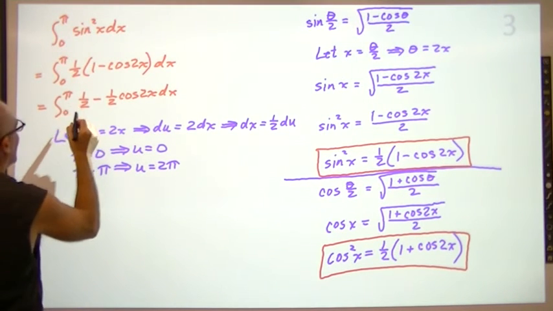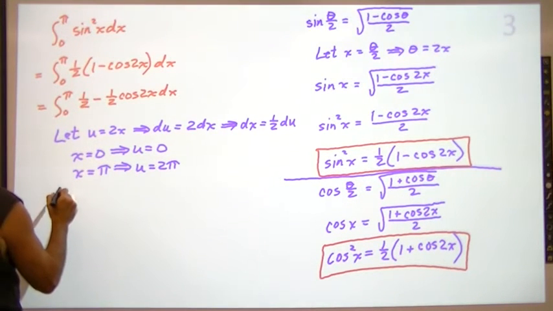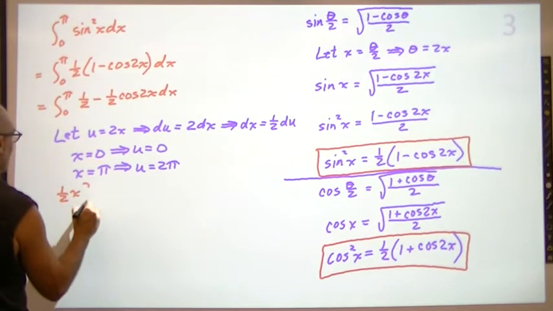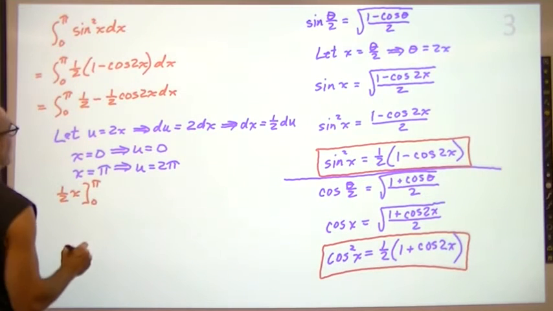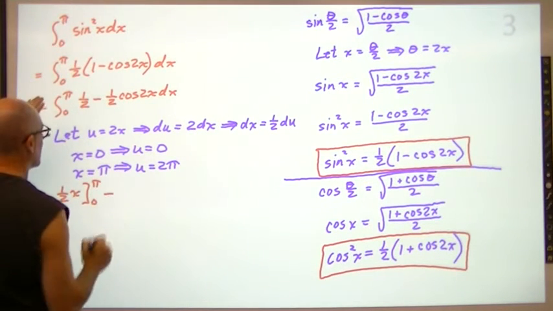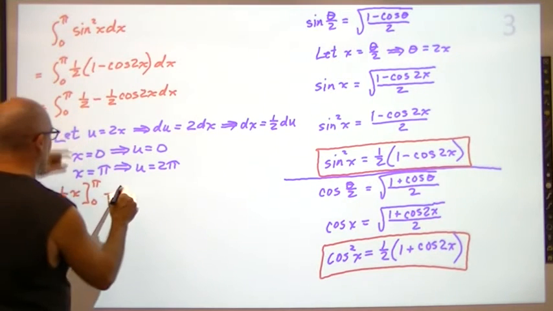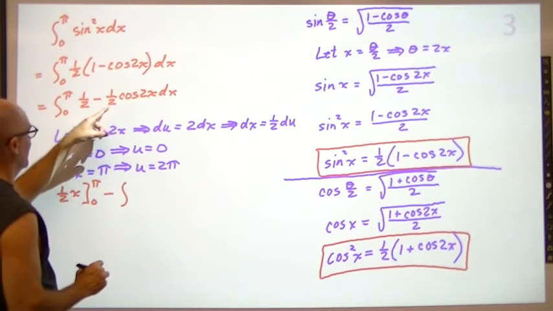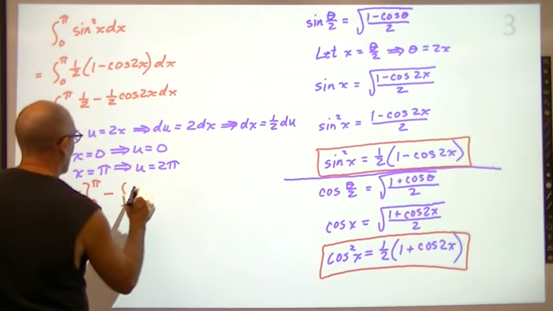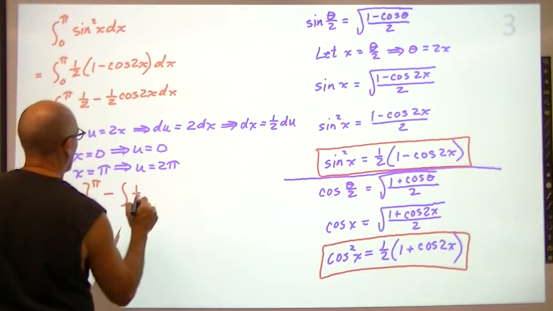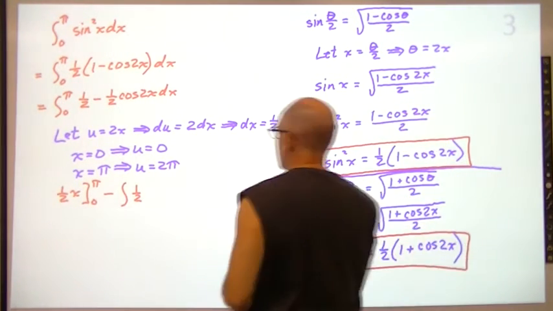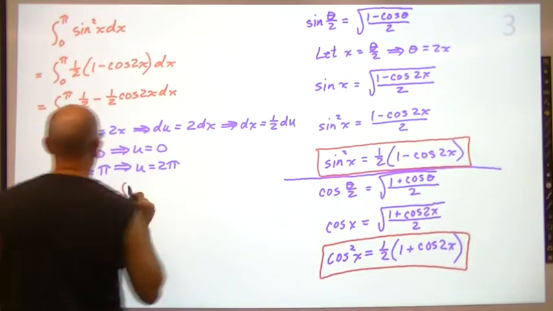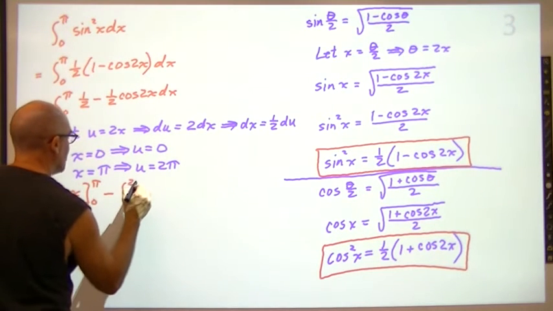So the integral from 0 to pi of 1/2 is going to be 1/2 x from 0 to pi. So I basically performed that integral already. Now I'm going to go minus the integral, and we'll do our u substitution here. So it's going to be 1/2. Oh wait, I forgot the limits of integration. From 0 to 2 pi,